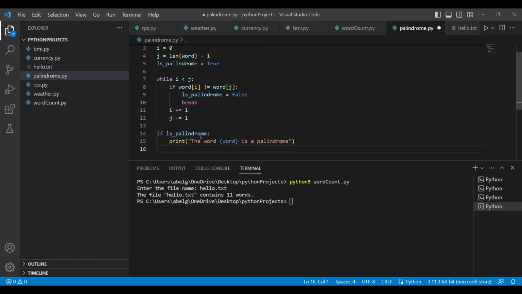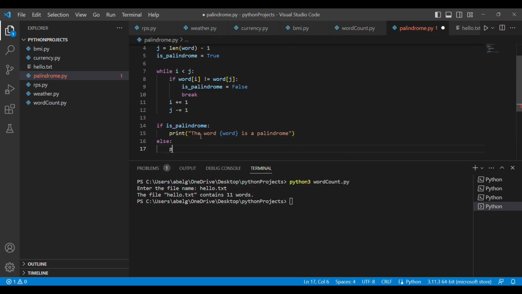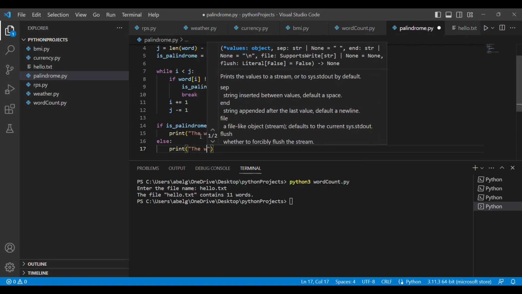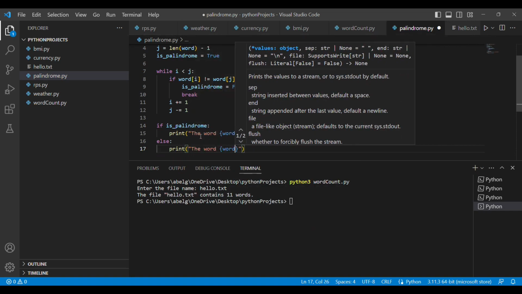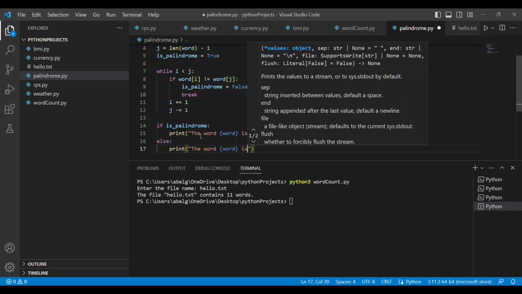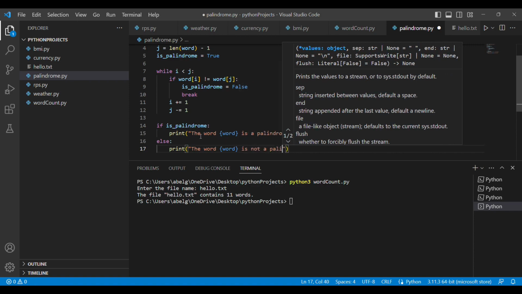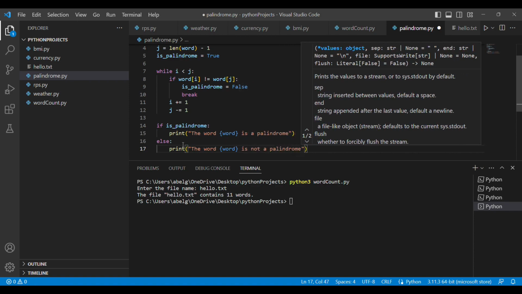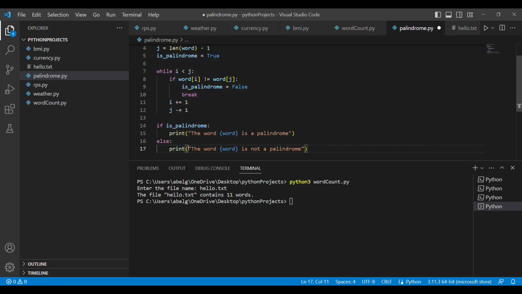And we're going to have an else statement. That means if is_palindrome is false, we're going to print the word and we're going to substitute in word is not a palindrome. Again, we forgot f here. That means we need to convert the string to a formatted string.